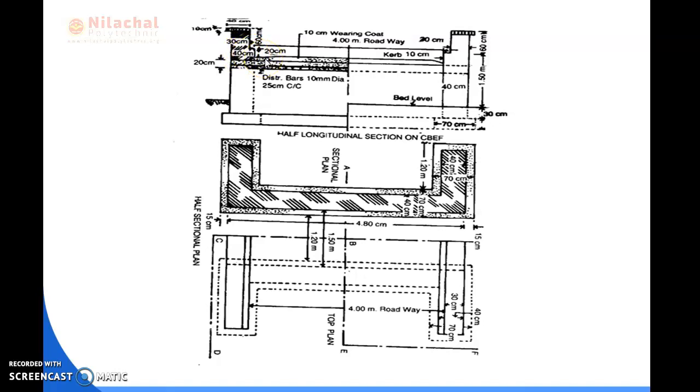First of all, let us know about the parapet wall. The wall provided above the slab in the culvert section is known as the parapet wall. Here the parapet wall consists of two breadths, one is 40 centimeter, another is 30 centimeter. Here the curb is provided 10 centimeter thick between the parapet walls, and a 10 centimeter bearing foot is provided here, and a 4 meter roadway is provided between the parapets of 30 centimeter thickness.